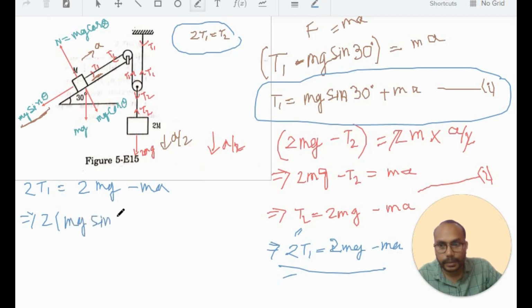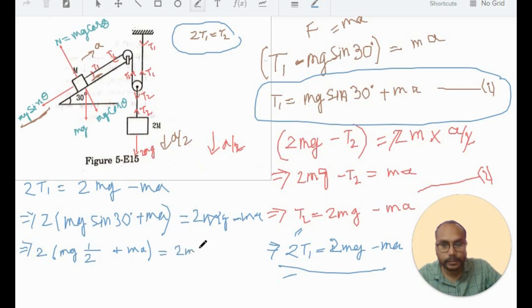The value of sin 30 is half. So we got mg plus twice ma